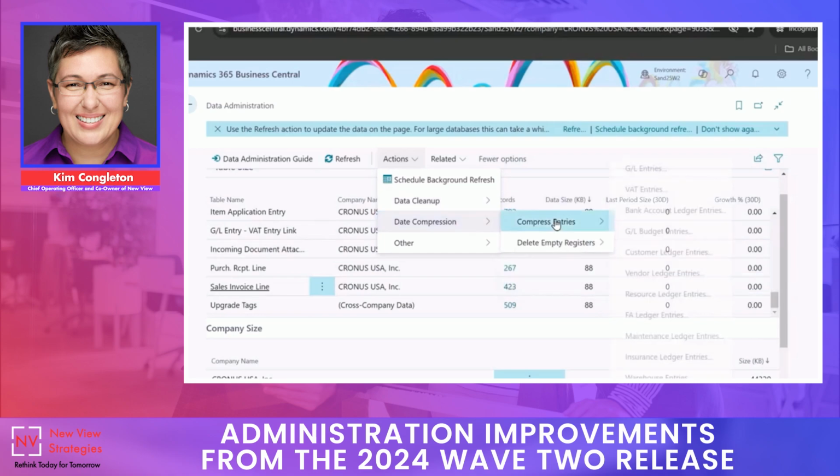The other thing that's available here is the compression. This is one I always do with a little caution. I would say definitely try this out in a sandbox. It's going to compress entries down to summary entries. You won't see all the detail. You might just see a summary entry for that month or week or however you want to do that. This, I would say, if you're brand new to Business Central, I don't know that you need to use this for